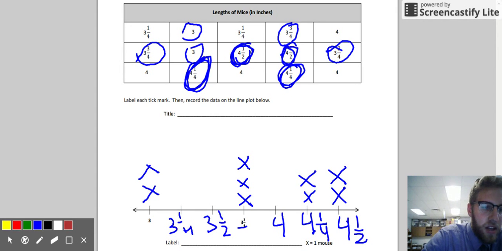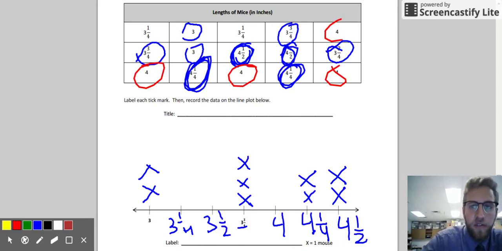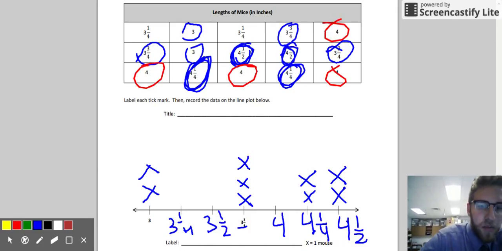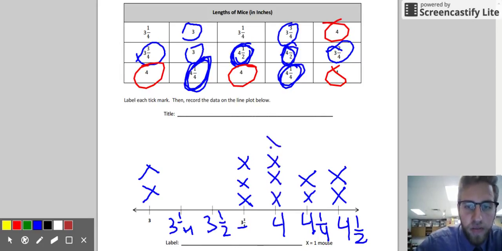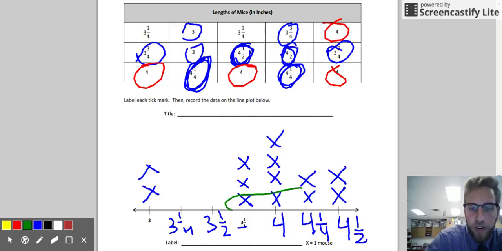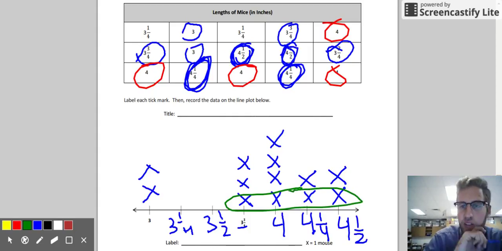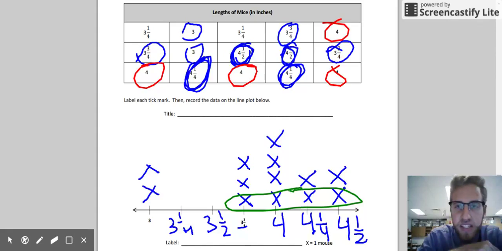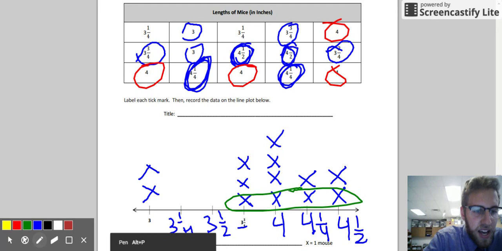Ooh, there are a lot of 4s. Let me circle those in red. 1, 2, 3, 4. So we have 4 mice that were 4 inches long. Notice I'm trying to keep everything in line too here. When it's at 1, I'm going to put all my first x's in line with each other. They're not going to be a little bit higher, a little bit lower than each other, otherwise it doesn't quite make a ton of sense. And then lastly, I have to do my 3